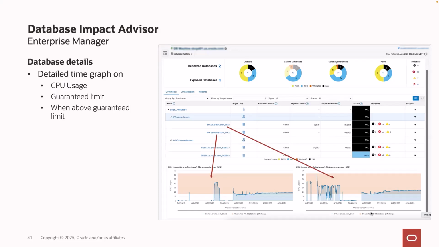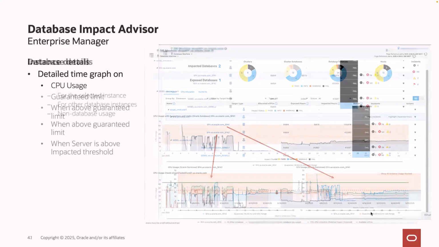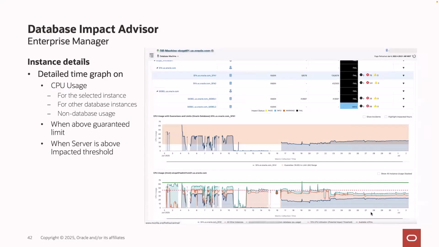Here in this situation, we have a certain amount of hours where it's impacted and exposed, and we can see the guaranteed amount of resources for this database. So the guaranteed resources, since we have 4 databases and 64 cores, the guaranteed is 16 cores. And everything above 16 cores will then be an exposed hour. We can then go into individual